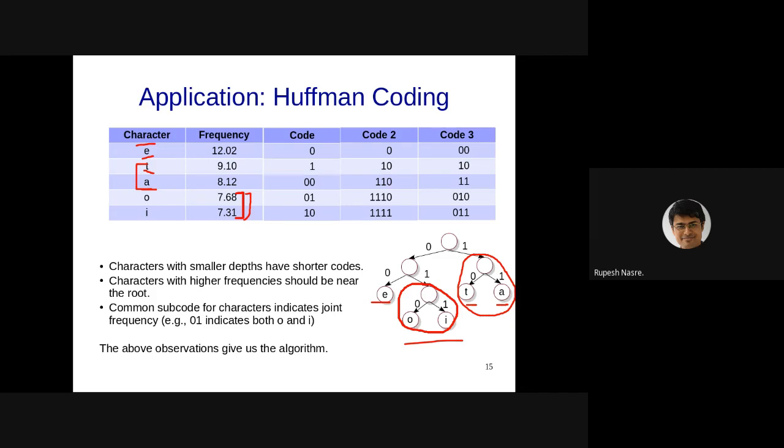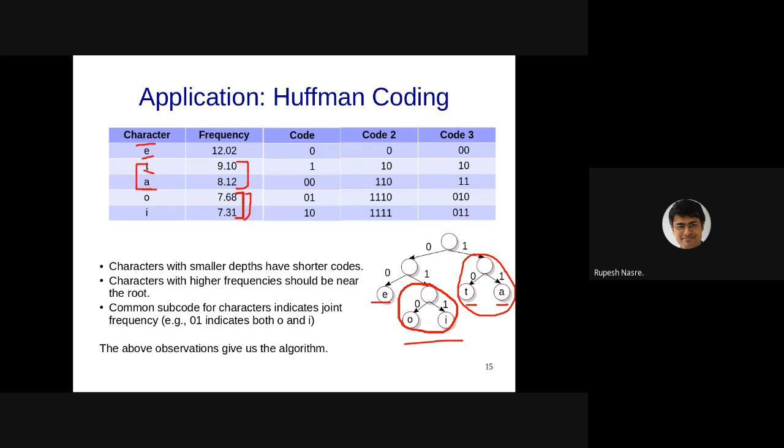So once we have A and T combined, the combined subtree's frequency is whatever is A and T's combined frequency, which is going to be 17.22. So now we have 3 elements, E, subtree OI, and subtree TA. These 3 have these 3 frequencies, and E is the smallest frequency, 12.02.